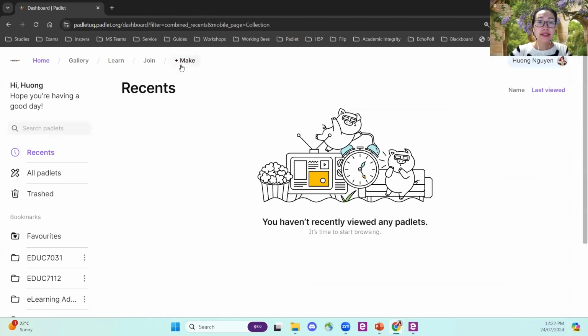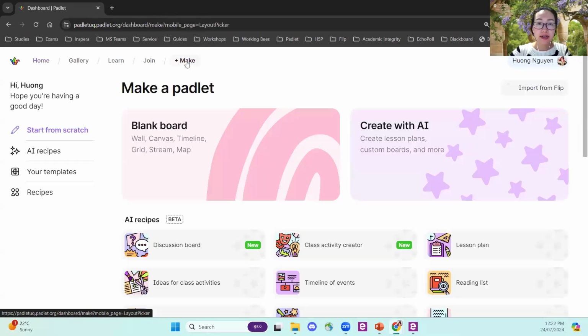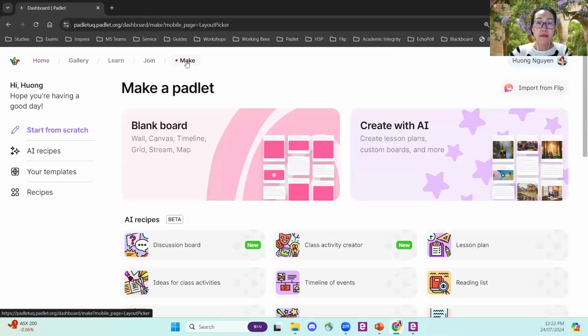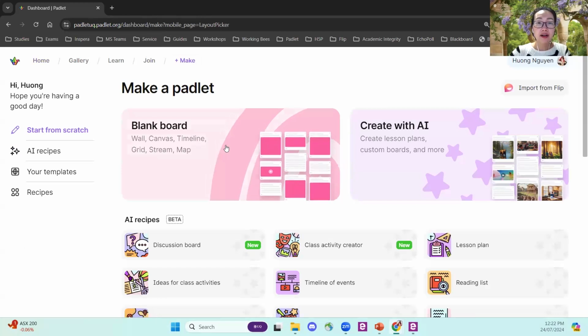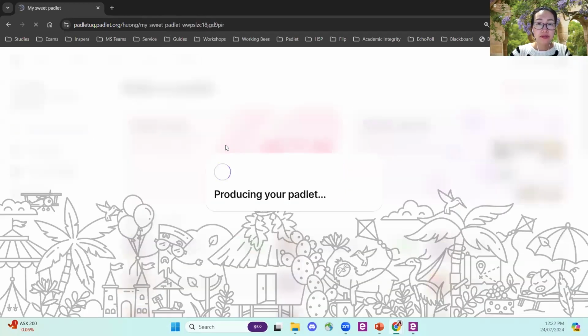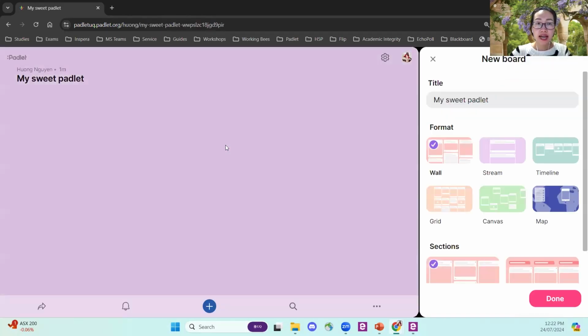And you can start making your first Padlet by clicking on the Make button here. So select Make and then click on Blank Board. And then you go, this is your Padlet. And in the title, I would enter my course code. For example, my course code is e-learning